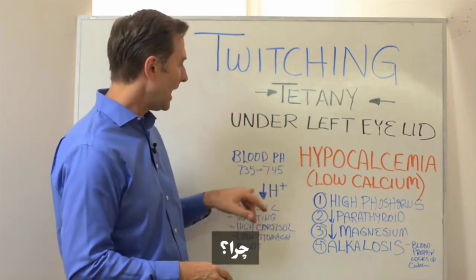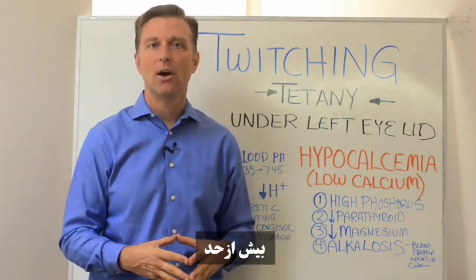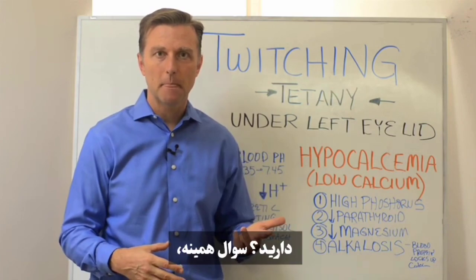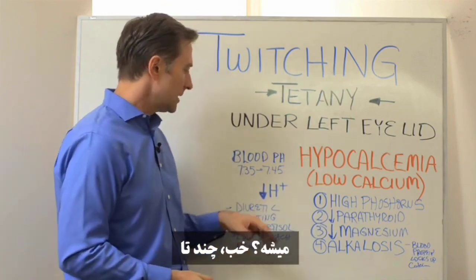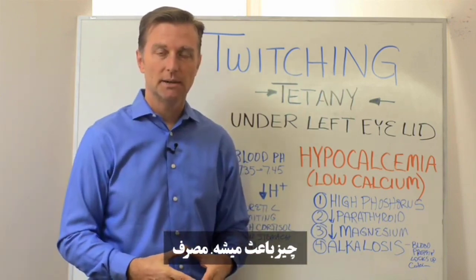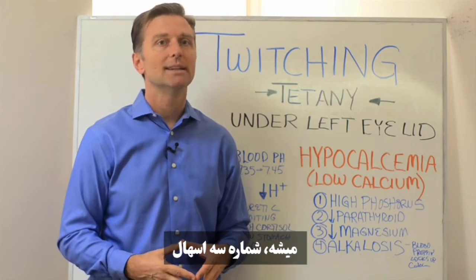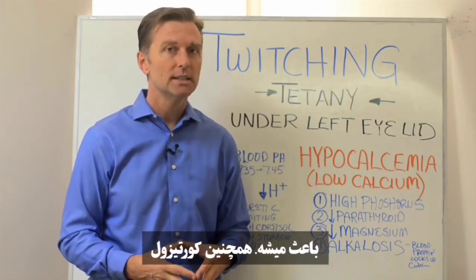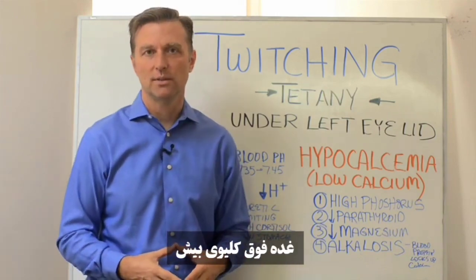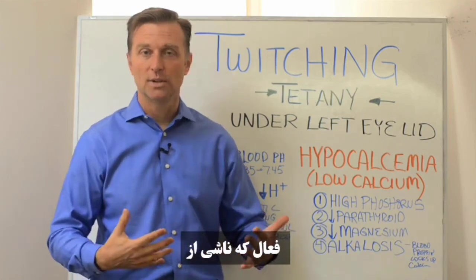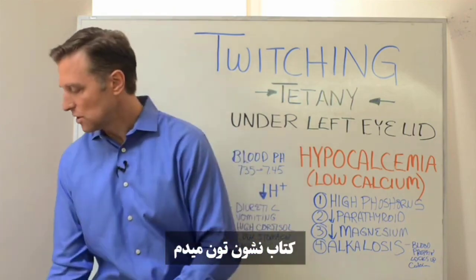Now, why do you have an overly excessive alkaline blood? That's the question, right? What causes alkalosis? Well, a couple things. Taking diuretics will do it. Number two, vomiting will do it. Number three, diarrhea will do it. Also, high cortisol from the adrenal. So an overactive adrenal, which is stress, will cause your body, and I'll show you in this book,